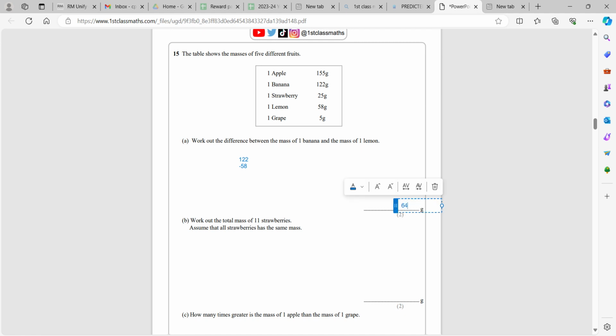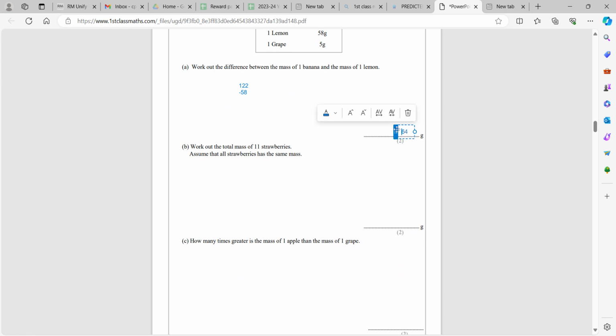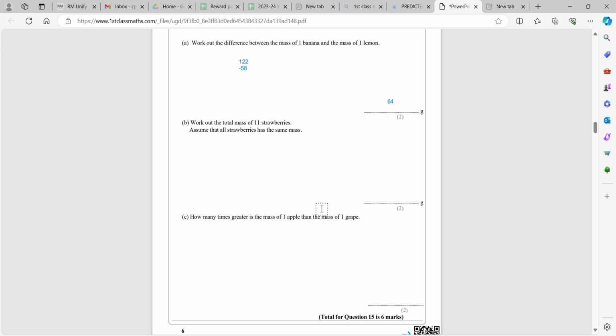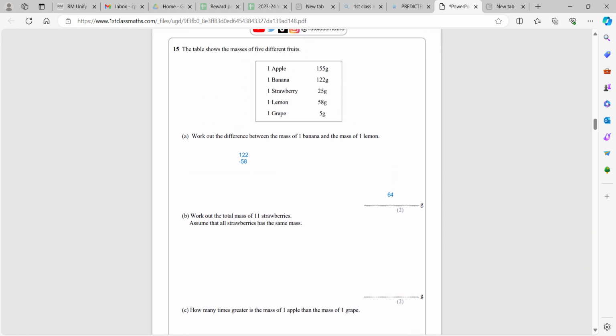And obviously you would have a lot nicer working out than me to be able to do that. I'm just doing it quite quickly. So we've got 64 grams there. Work out the total mass of 11 strawberries. Assume that all strawberries have the same mass. So we've got 25 grams,